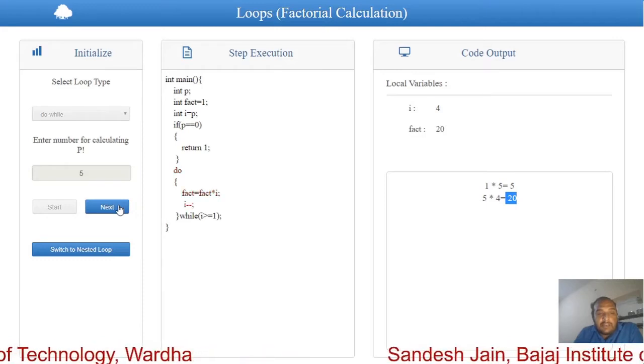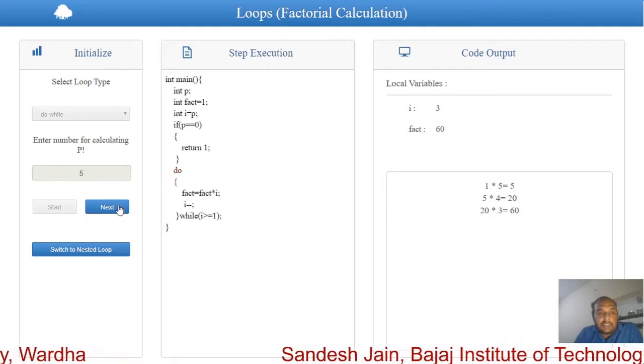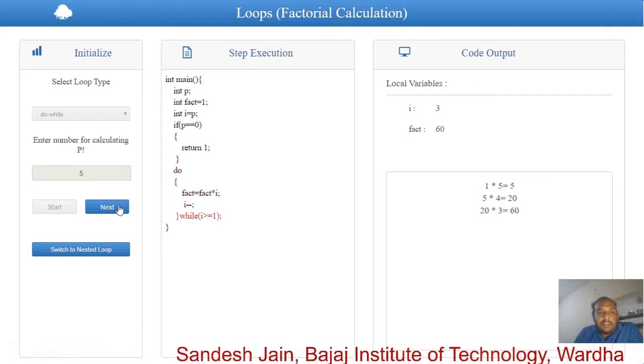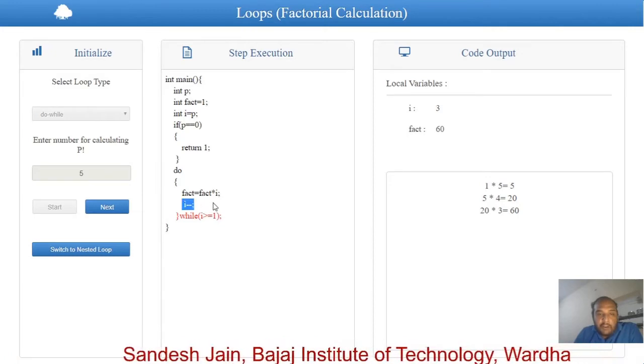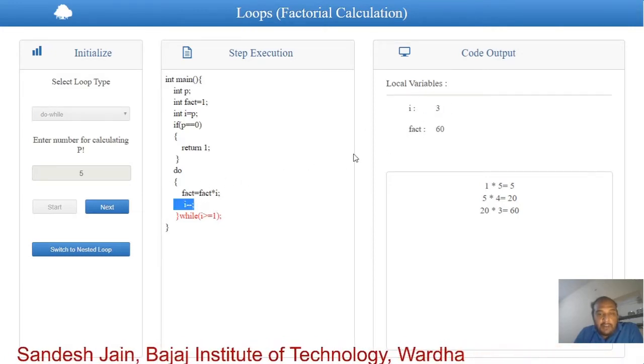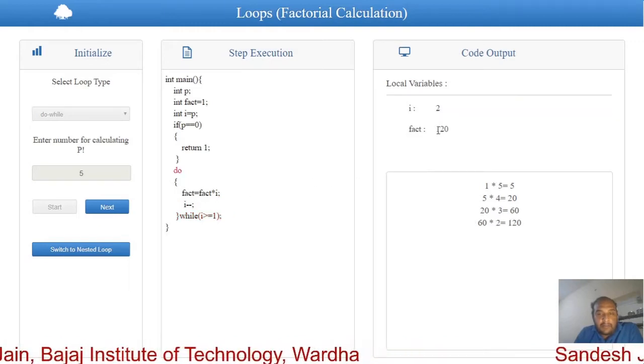Then we execute this part again, and now we find that the value of factorial is 60. We execute this part again, and because the value of i was 3, due to i minus minus the value becomes 2, and the value of factorial would be 120.